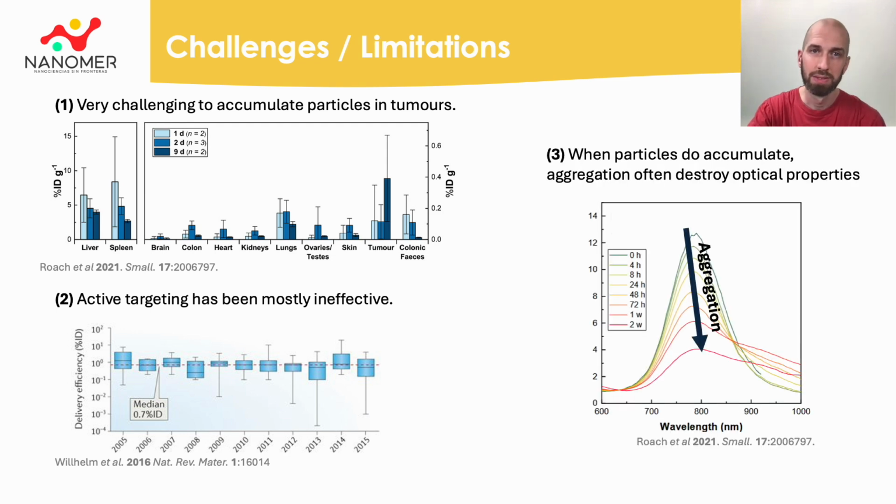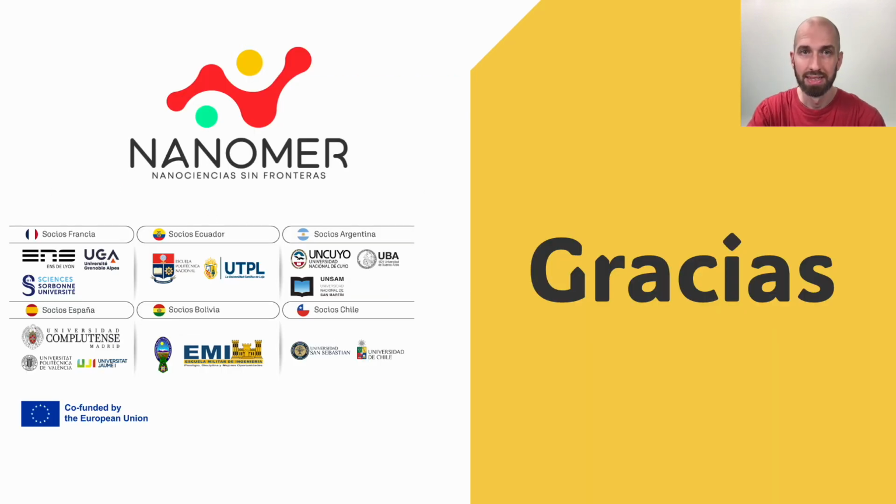Thirdly, when exposed to biological fluids, many nanoparticles aggregate. This is disastrous for gold nanoparticles because they lose their plasmonic properties when they form large aggregates. Strategies have been developed to address this, but it puts limits on the range of surface functionalizations that are possible in vivo. So, in summary,